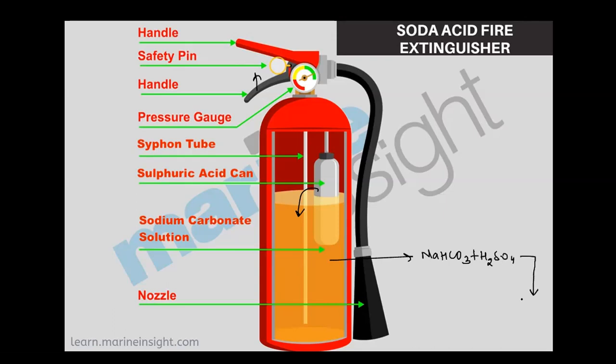Then what would happen here is that you know that when sodium hydrogen carbonate, which is a metal hydrogen carbonate, reacts with acid, it will give you what? It will give you salt plus carbon dioxide plus water, means it will give you salt which will be Na2SO4, sodium sulfate. Okay, this sulfate and sodium will make the salt. This carbon dioxide will be eliminated out and this will be hydrogen gas.